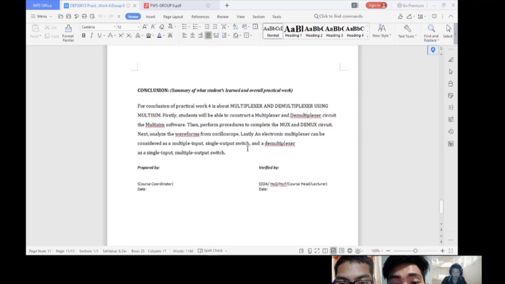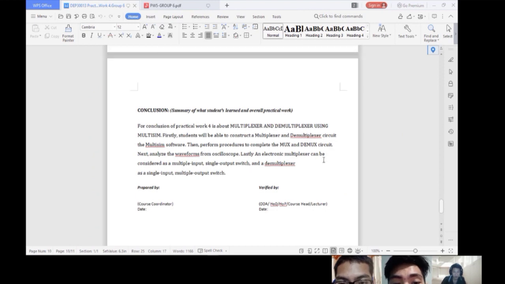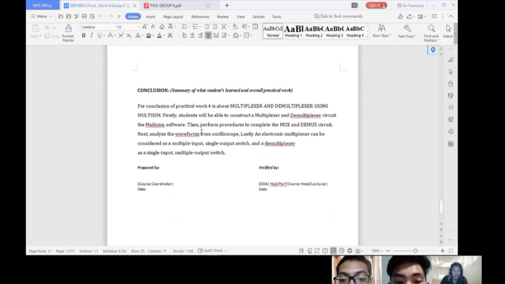Lastly, an electronic multiplexer can be considered as a multiple input, single output switch, and a demultiplexer as a single input, multiple output switch. That's all from us. Thank you. So that's all for the practical work 4.